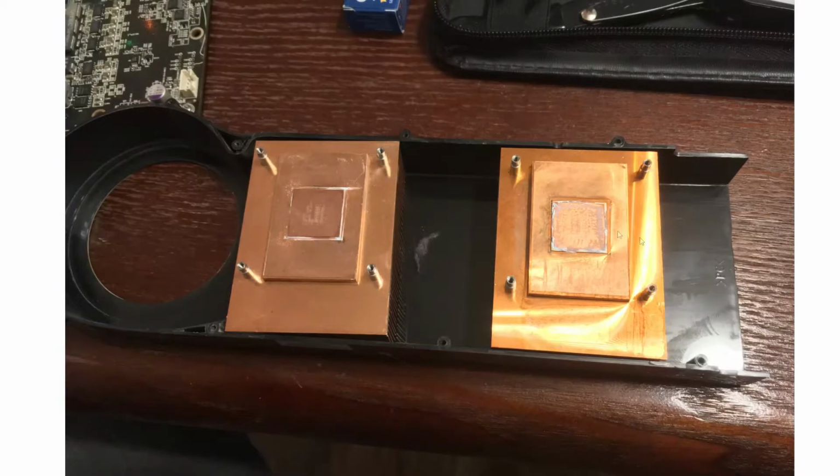And of course, here's the crux of the 4870 X2. The reason they've died so easily is that you've got a single fan blowing air through two simple copper heatsinks. That means this GPU is getting all the hot air from the first one. And on top of that,